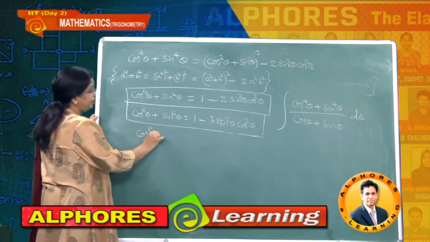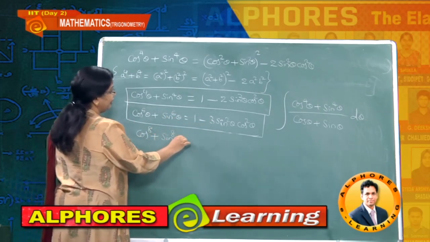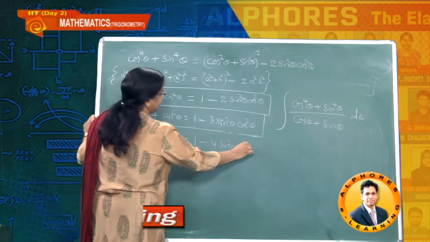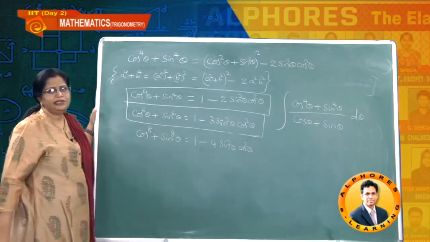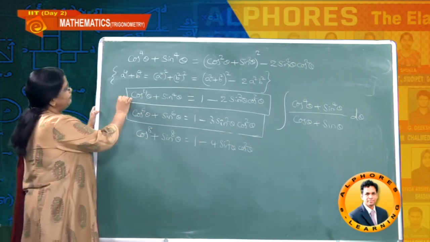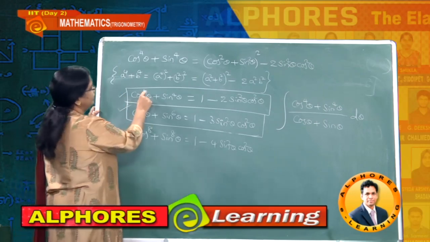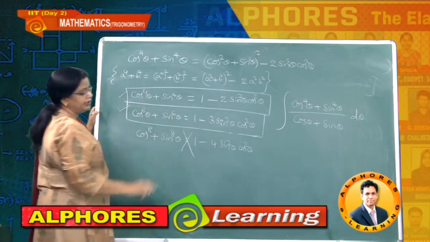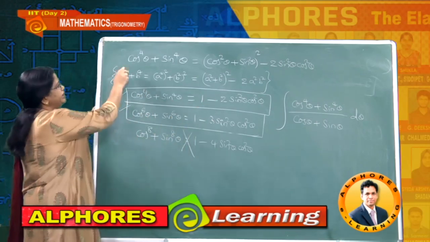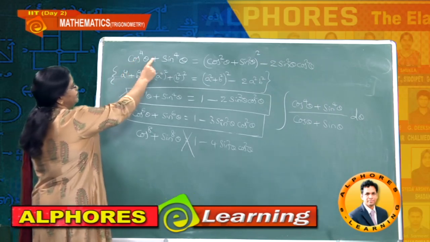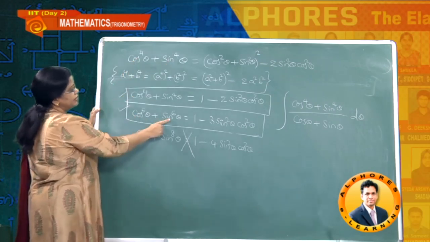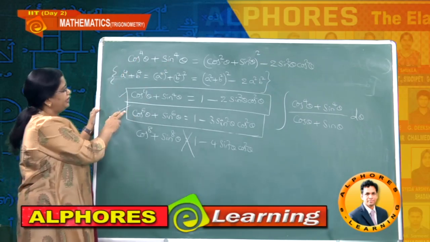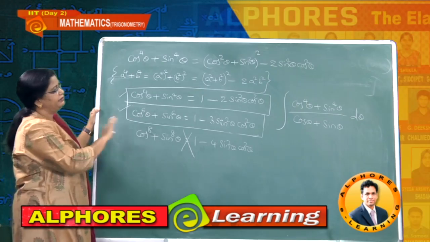Don't generalize. Cos to the power of 8 plus sin to the power of 8: ma'am, can we take this formula also, because you said half of the values you are getting? No, there are no such values, understand? Only for these two I am giving the hint, that 4 is half the value, 6 is half the value, but this is not true in general. So these are other identities you can take, cos power 4 plus sin power 4, cos power 6 plus sin power 6, very important. That's why I kept them in boxes.